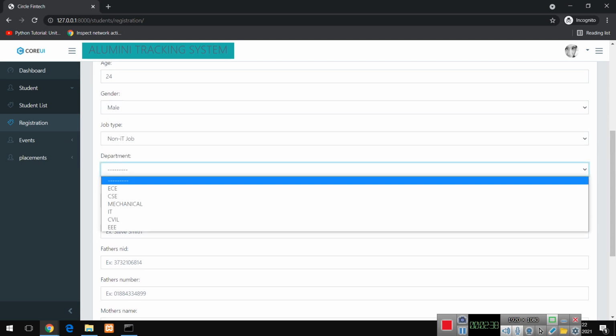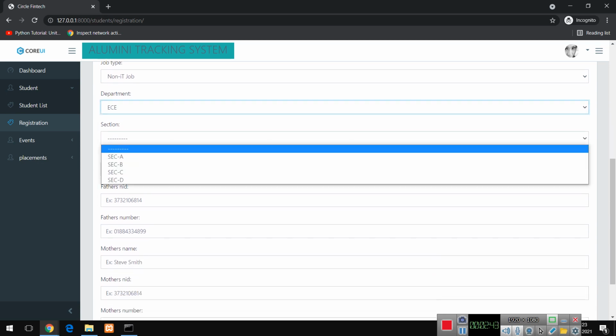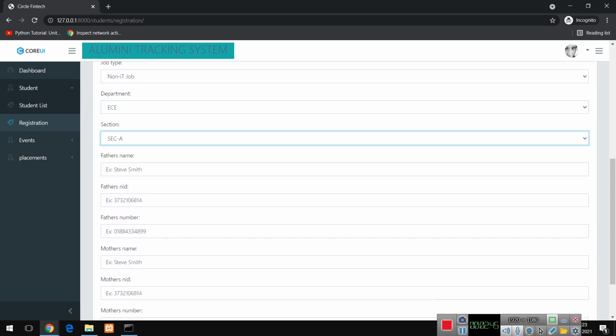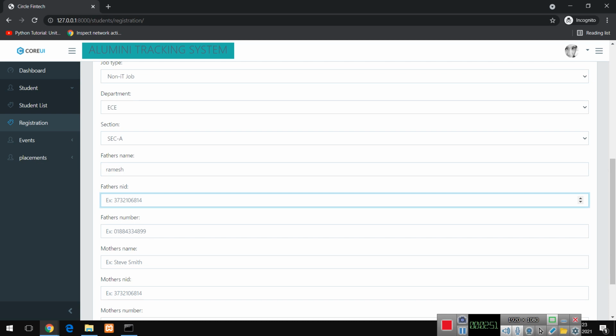Okay, which department, section, others name. Father's ID: here I'm able to give any national ID like PAN ID or something.